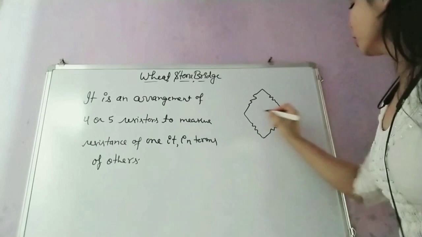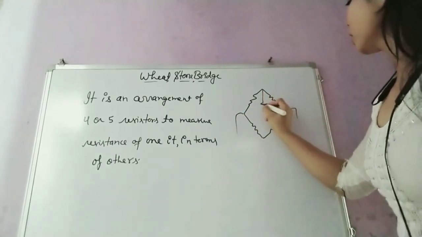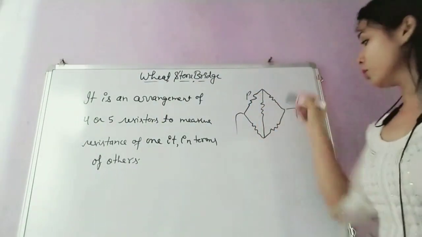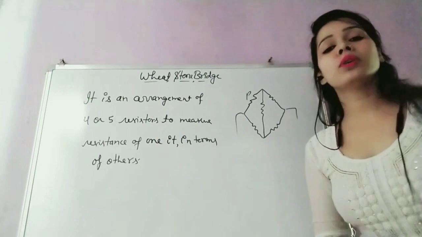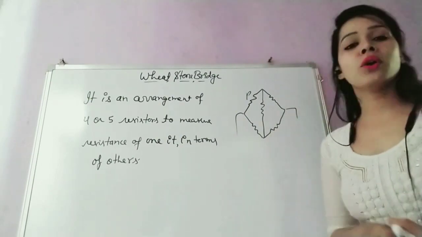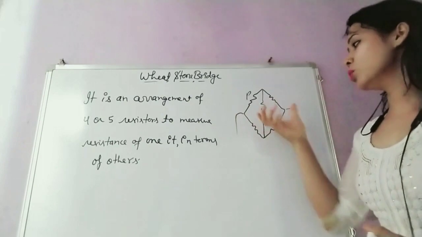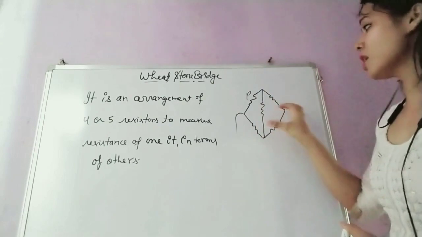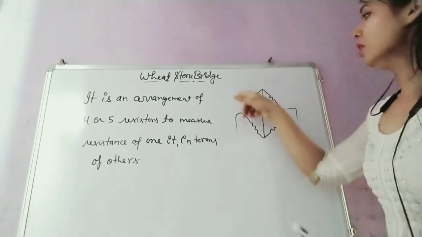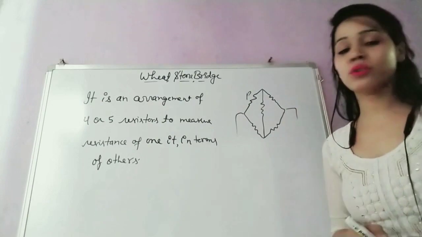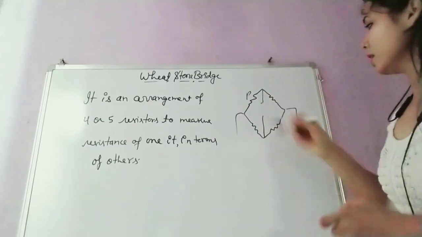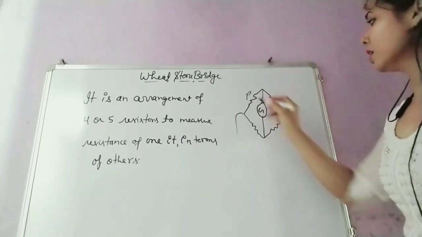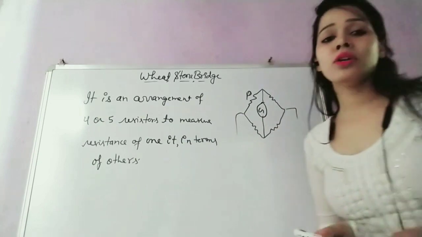then if we are trying to find the resistance of one of these in terms of the other 4 or other 3, that is known as Wheatstone bridge. Okay, so why do we use it? We use it to determine the resistance of one of them in terms of the others. If other resistances are known, then you can find out this one unknown resistance. Sometimes here we can arrange one galvanometer also. So if you know all these 3, then you can determine the 4th one. Okay, so this is the condition.